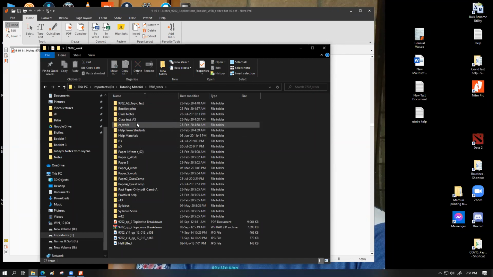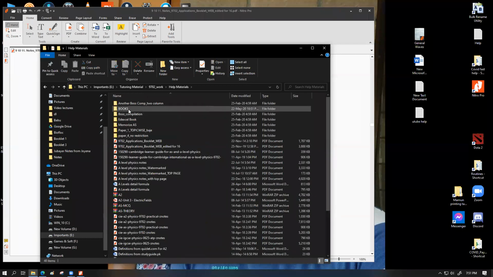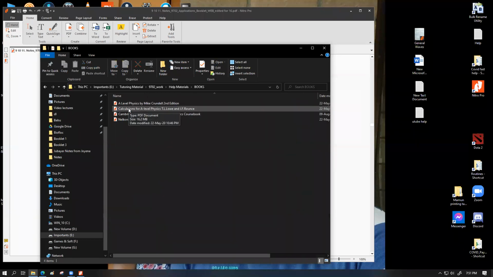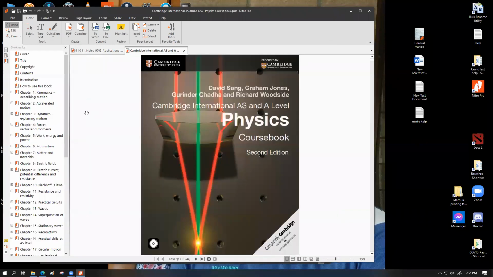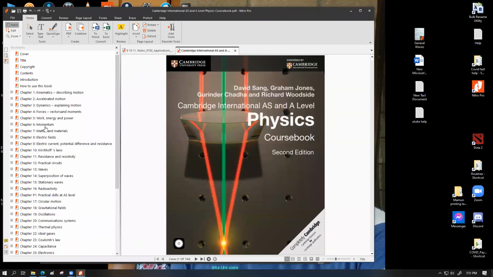Where are those stuffs? Books, downloads. So yeah, this is the index, and you have a chapter called